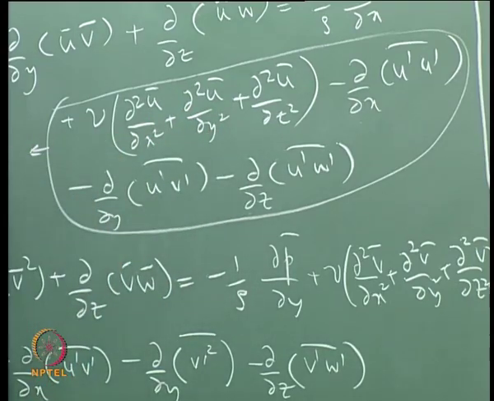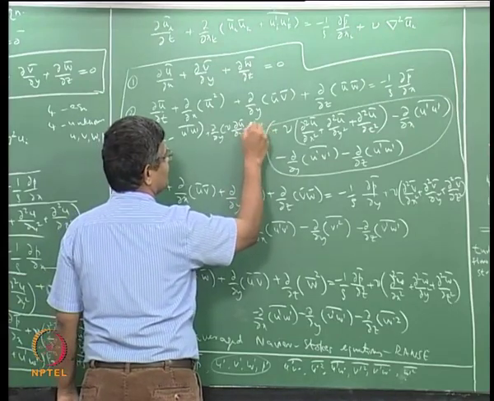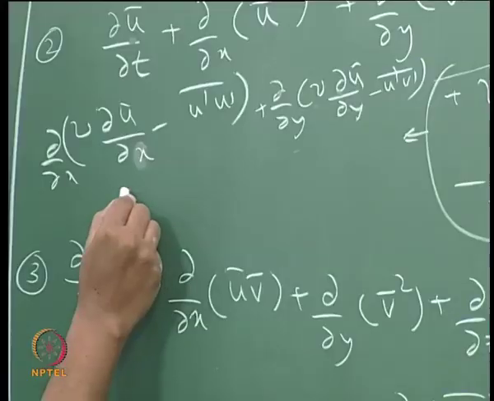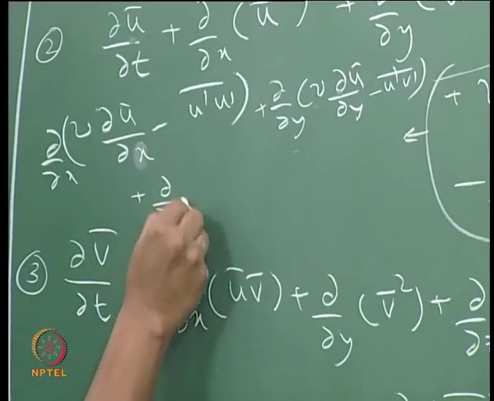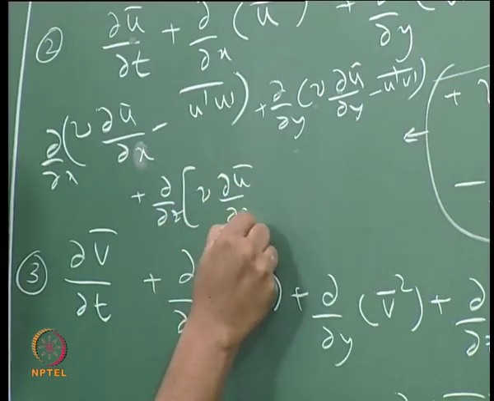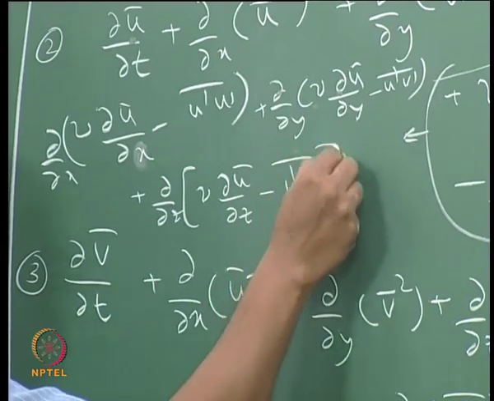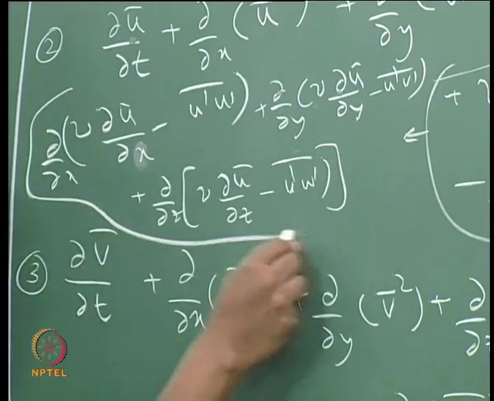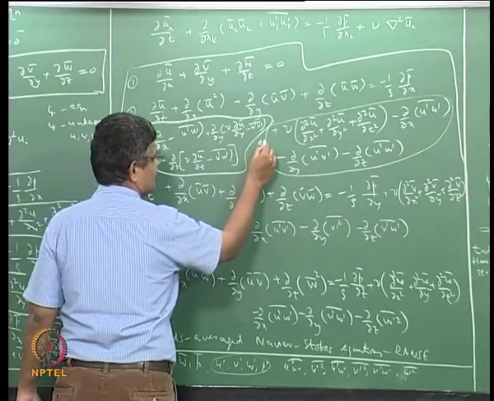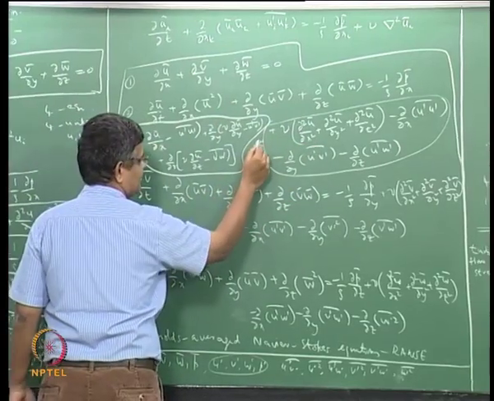So we can say dou by dou y of nu du by dy minus u prime v prime bar, and these two can be put together to write as dou by dou z of nu dou u by dou z minus u prime w prime bar. So we are saying that these terms which are coming in the x momentum equation can be written in this form,